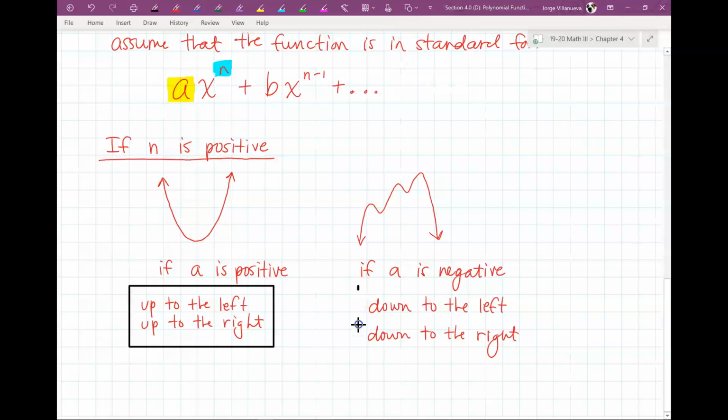So if anything, you might want to write yourself a little hint and say, if the highest power is positive, then it either both goes up or both goes down. Okay, they both do the same thing, up, up, or down, down. Again, whatever happens in between, who cares right now? We're just thinking about the end behavior. What does it do at the end points? So it's going to go up to the left and up to the right, or down to the left, down to the right. That is basically all you have to write for 6 to 14, but there's still more,